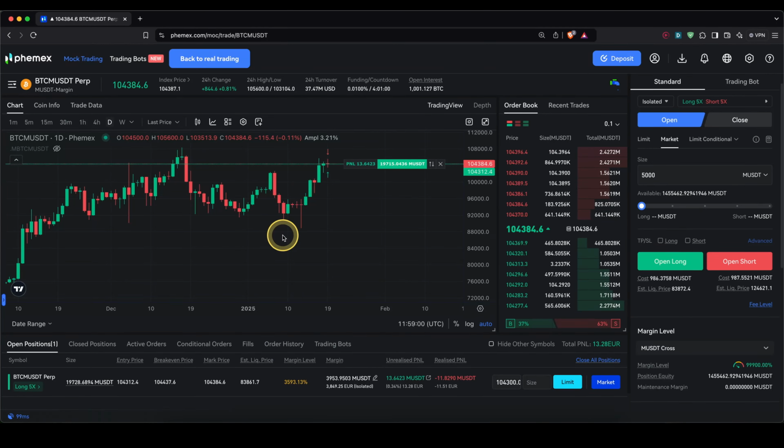In this video, I will show you how to quickly and easily increase the leverage of an existing trade on